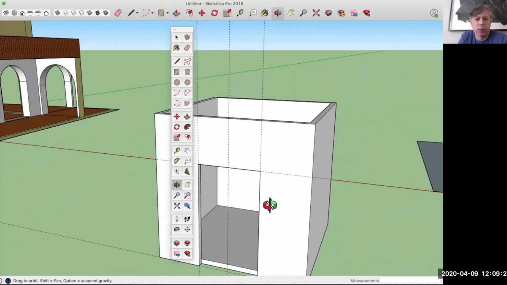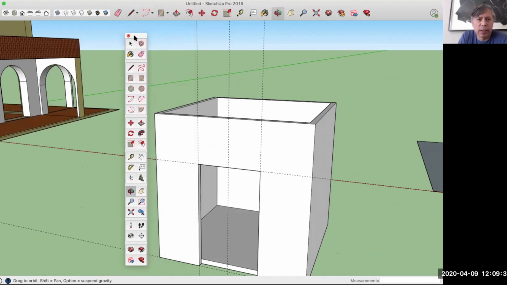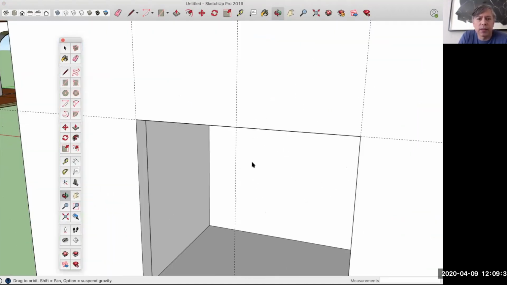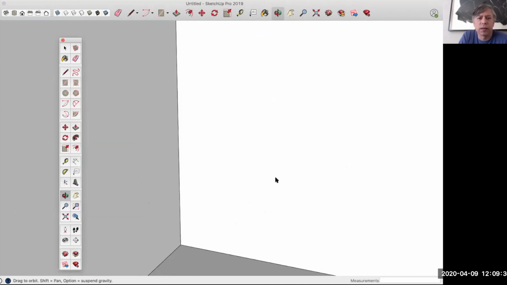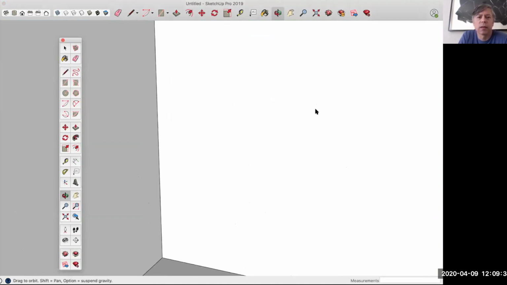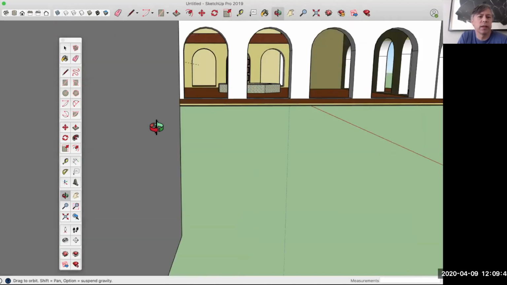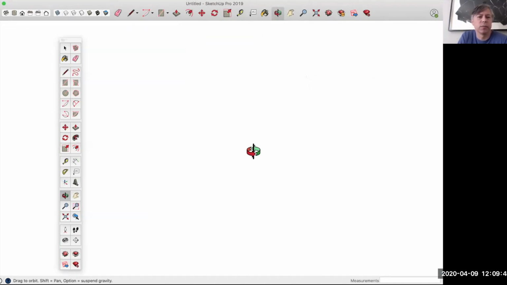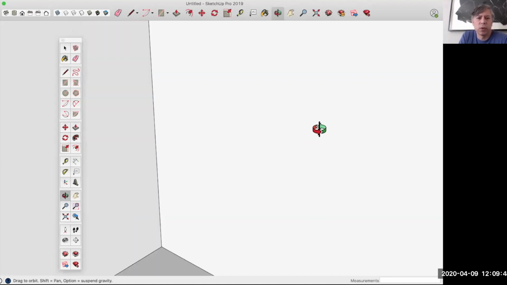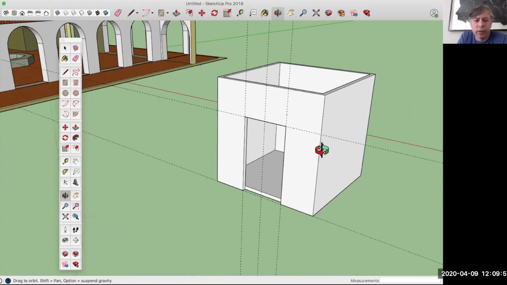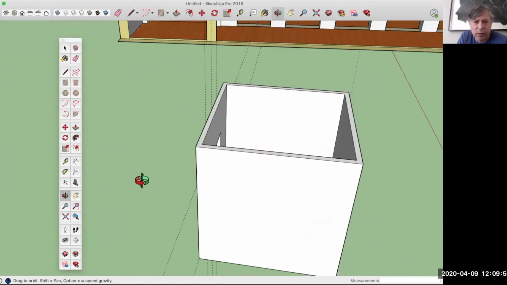So now to work inside of this room can be difficult because if you zoom in, so we're inside the room, but to look around, you start rotating and then all of a sudden you're outside of the room. So if we want to work inside of this room without having to constantly be rotating, zooming in and out,